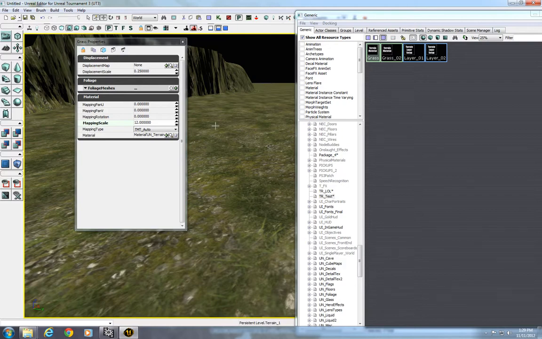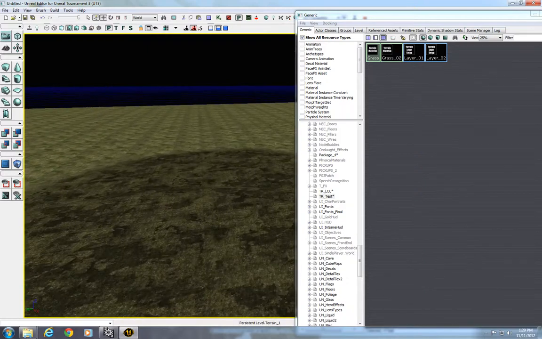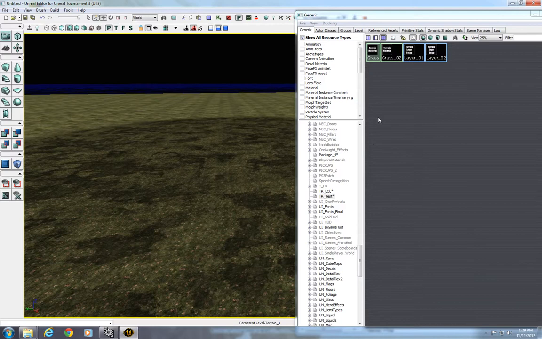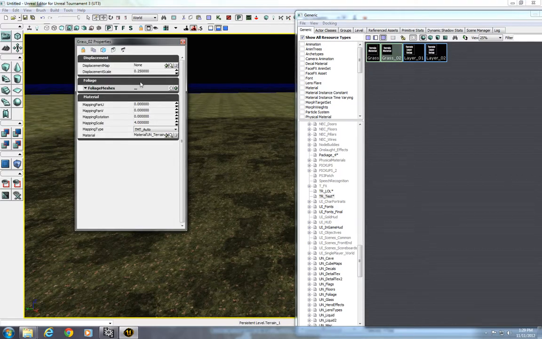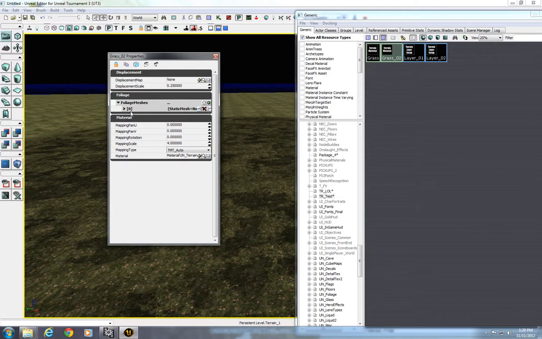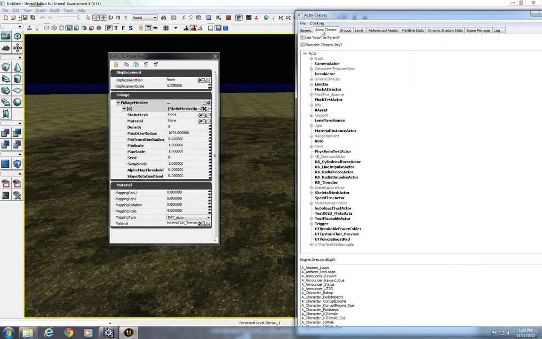Another thing I can do is apply grass static meshes to a material. What I can do is for my grass 2, for example, if I double click this guy, I'm going to have an option here for foliage meshes. If I click the plus sign here, I'm going to get this static mesh here. I'm going to click this little drop down window and I can assign a static mesh that can be our foliage. So I'm going to go to our UN foliage,